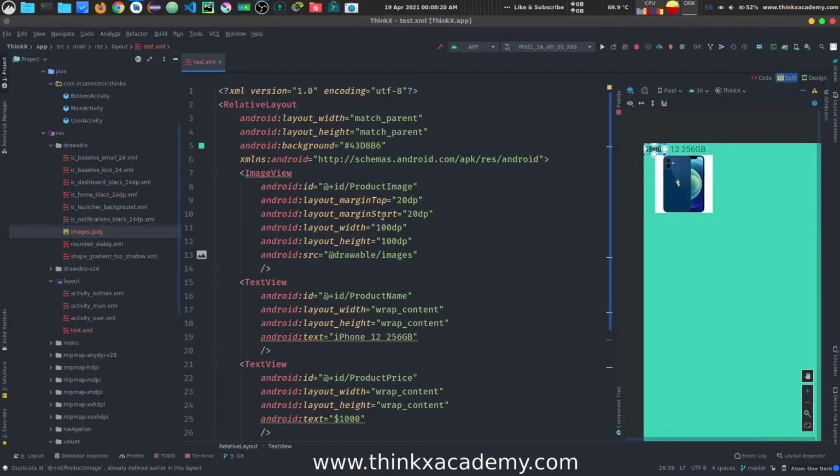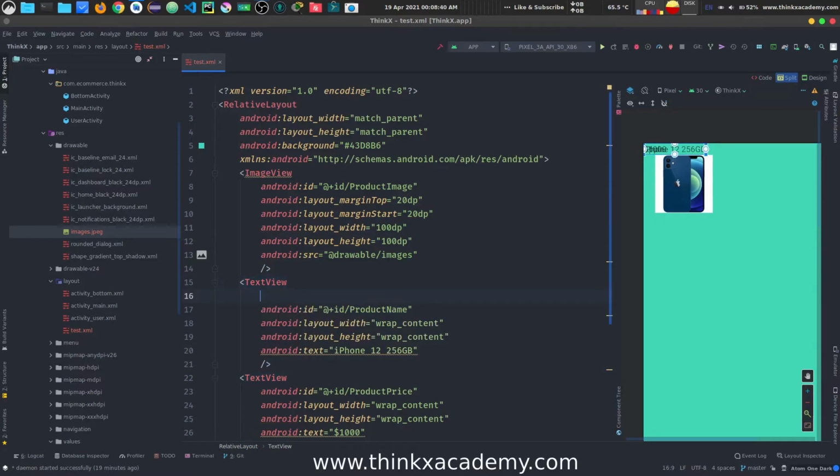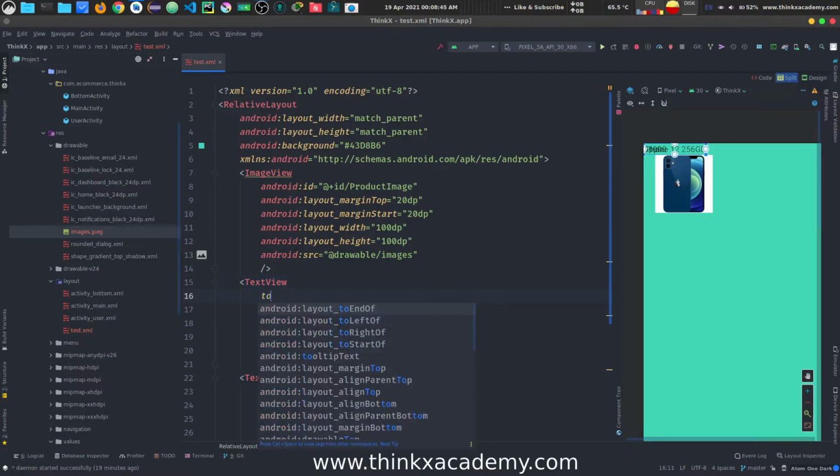Now we can use these IDs to specify how we want to align the items relative to some other item, right? That's the main reason why we call it a relative layout. So if I want this text view, which is the product name, to be to the right of this image view, I can do that easily. I just have to type toEndOf, right?